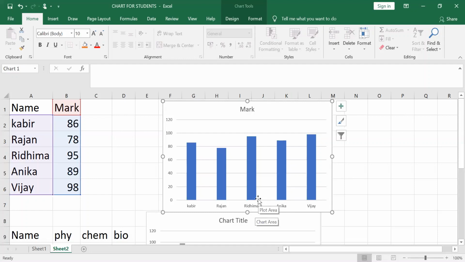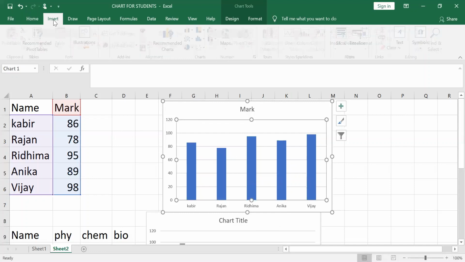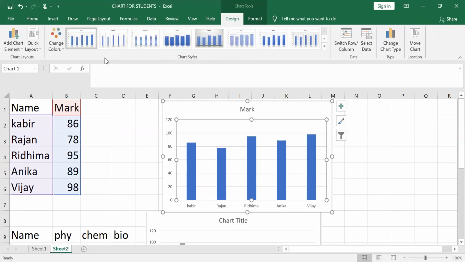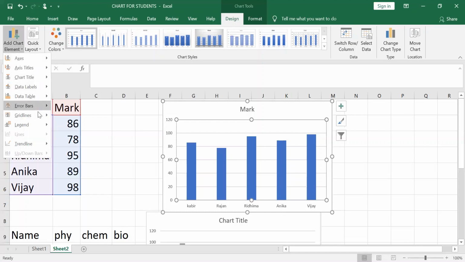Now you can see if you want to change the chart type. Okay, now select the chart. Now you can go to the design and you see the chart layout. Now you can go to the chart layout. You can change the chart type here. That will again have certain options you can see here. Different options are there. Whatever formatting you want, you can do it from here.